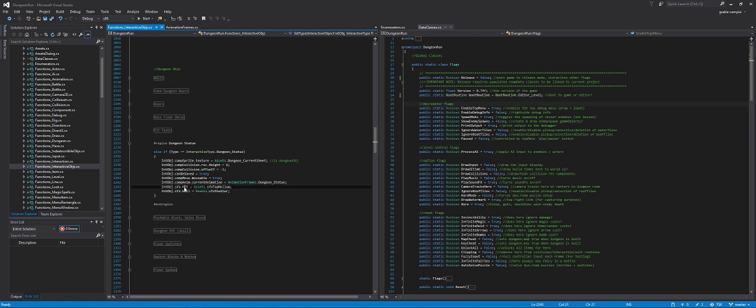What happens when we hit it? This is a sound effect that plays when we hit it. And then what happens if we kill it? This is a sound effect that plays when we kill it. So in that many lines of code, 1, 2, 3, 4, 5, 6, 7, 8, we've described an object and all of its properties: its texture, its hitbox, whether it can be saved, whether it's movable, what animation it has, its sound effects. So then if we boot this back up and I show you a dungeon statue,